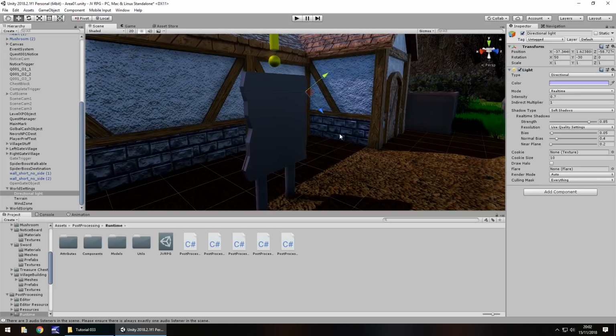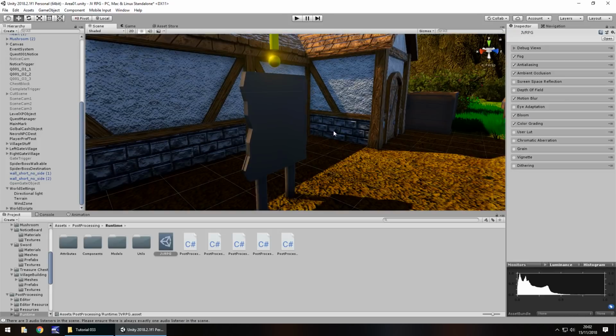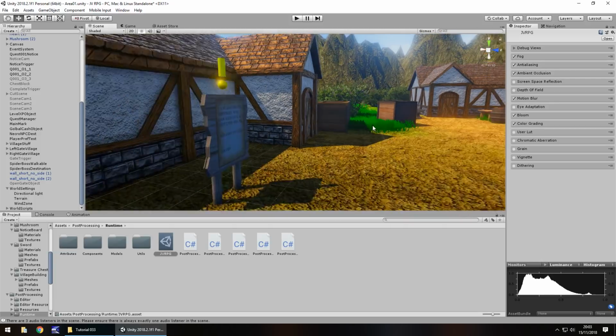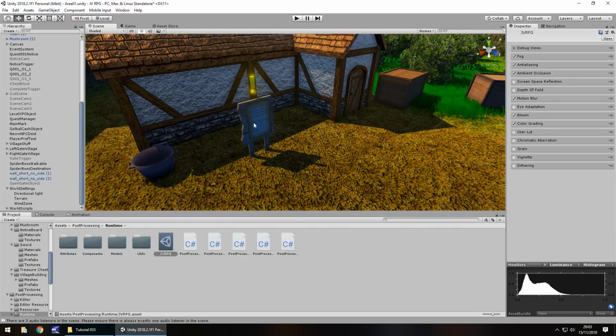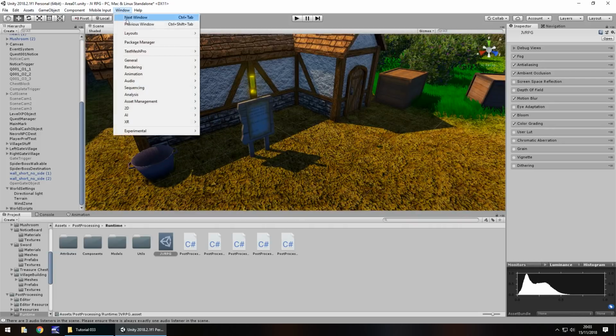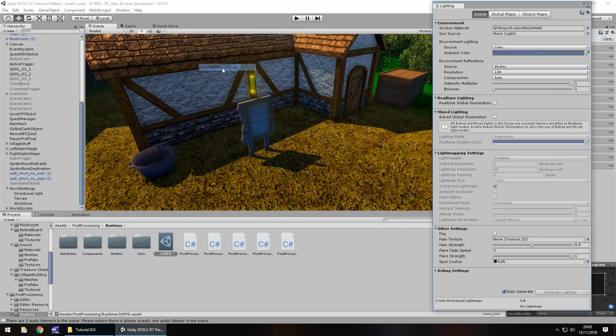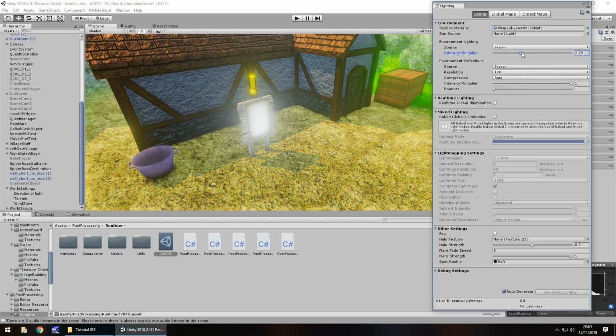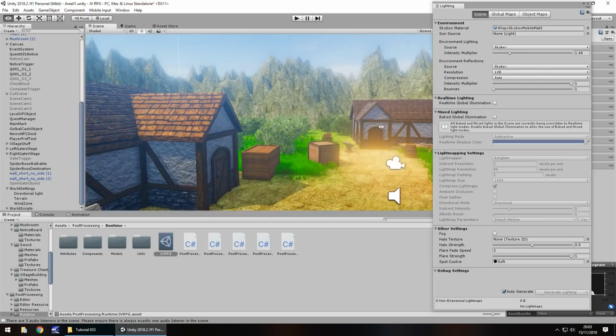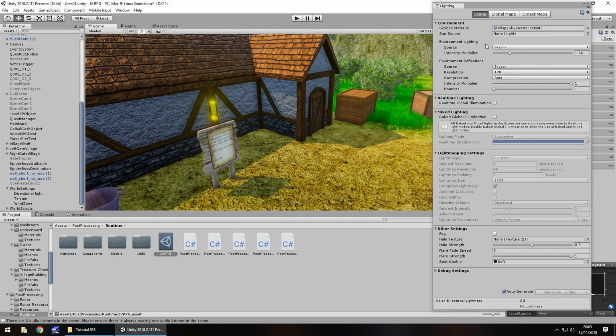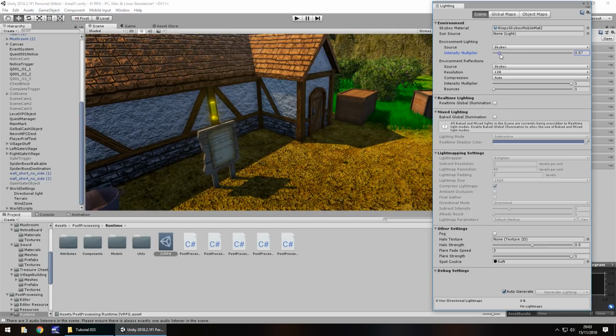So I'm going to hold Control, press Z to undo, up to the point where we change the skybox. So the reason this has occurred like this is basically because of the skybox. So if we go to Window, Rendering, Light Settings, and change it back to skybox, we'd need to increase the intensity multiplier to actually be able to see this. But you can use this together because it means that you don't necessarily have to use the directional light in the same way. So if we were to have this quite low, maybe 0.5,